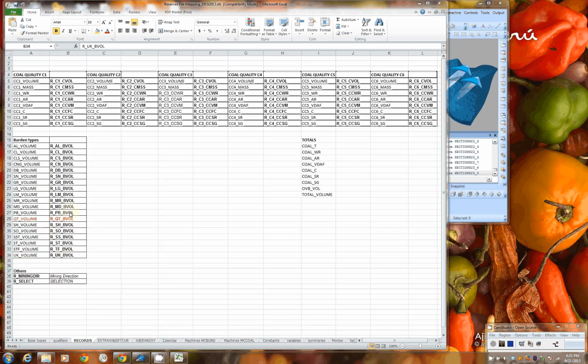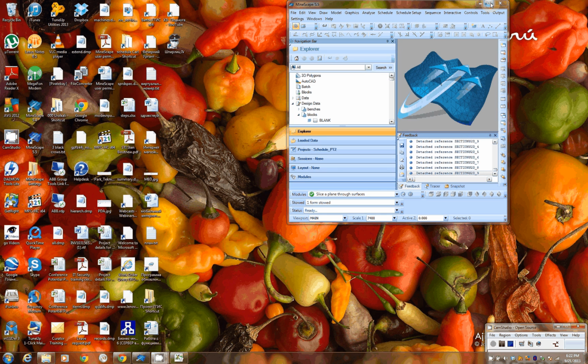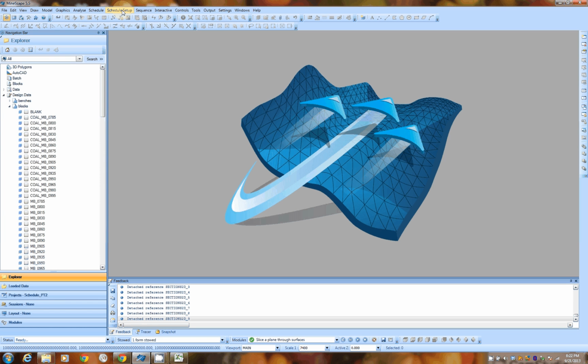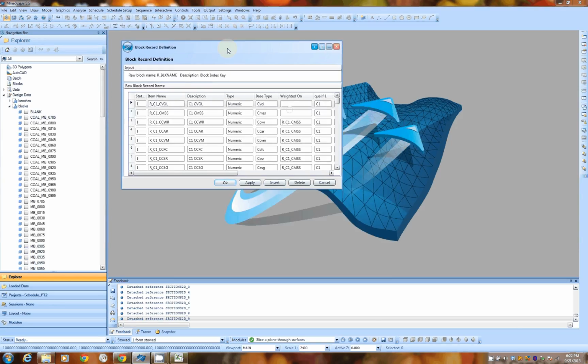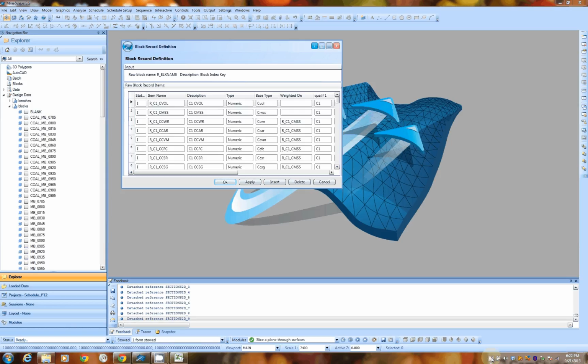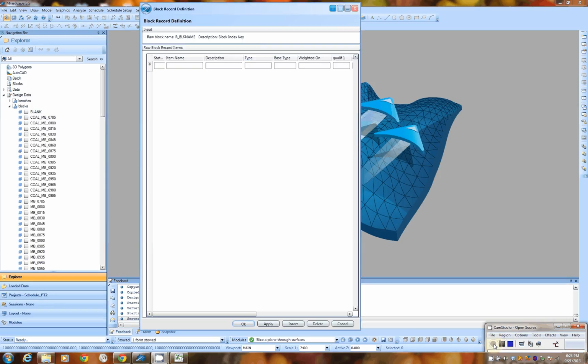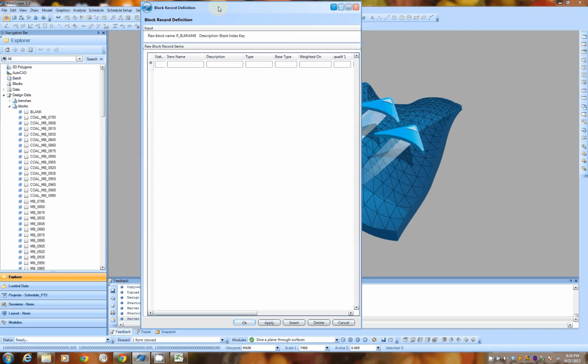Not to forget, we are creating two more items, one to store the mining direction value and one to store a selection parameter. To create this, we need to go to schedule setup, we go to block records. Okay, we don't have any records yet, so we go to insert